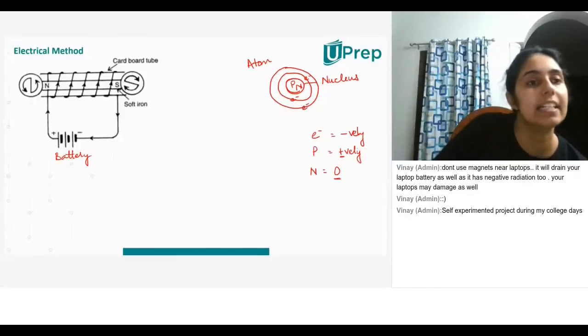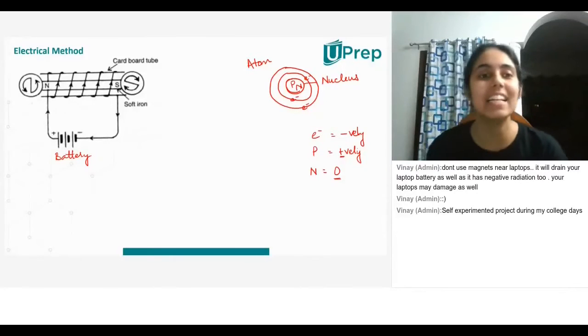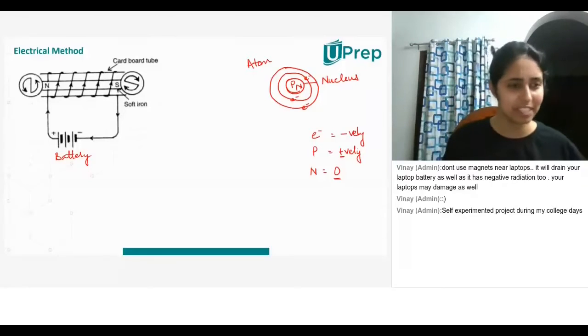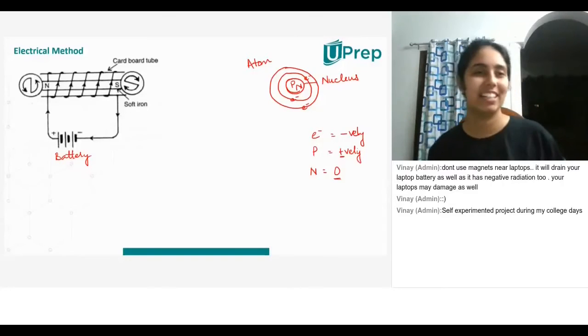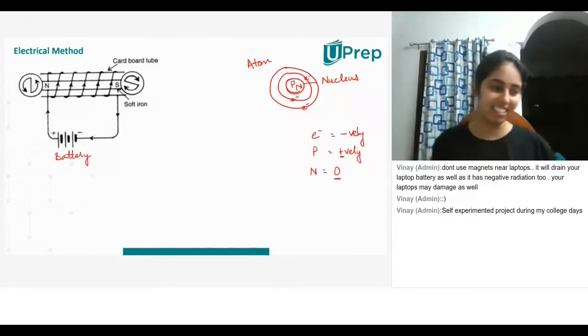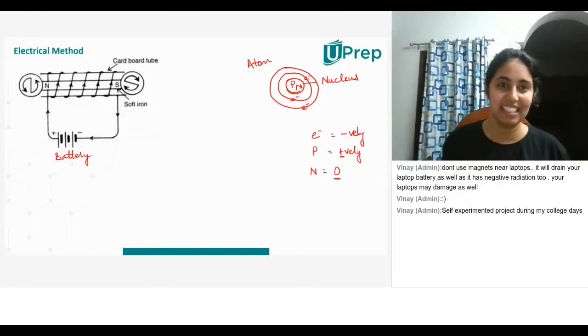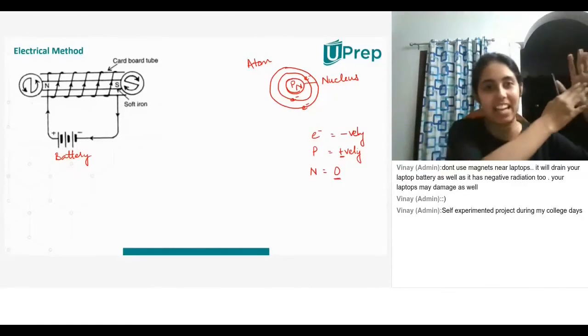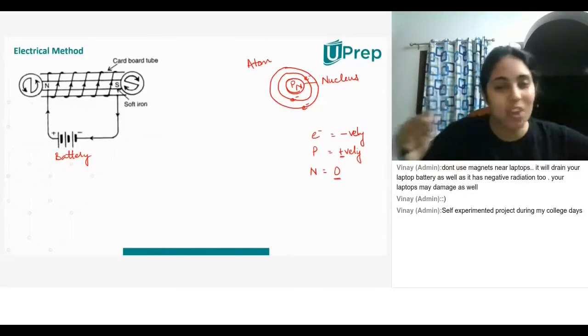Yashika says it is as light as a feather. No, a feather is several times heavier than an electron, probably 100,000 times heavier. Ma'am, if we keep our hand in the air, we will feel nothing, right? That will be for us an atom. Yes. In fact, even if you put your hand in the air, you'll at least feel the breeze, right? A single atom does not weigh even that much.